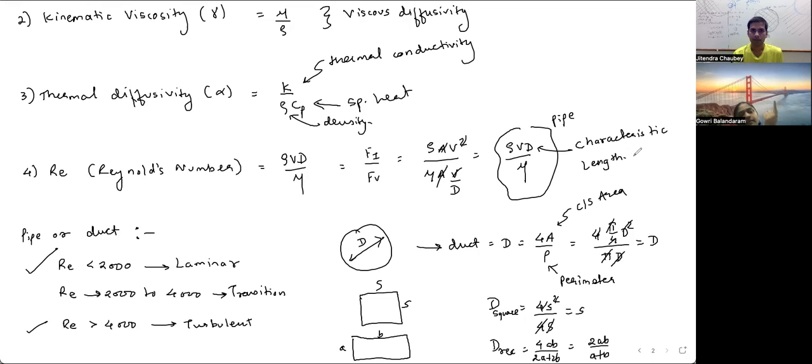So it's the length of the pipe? Yeah, it is not the pipe, it is the length of the surface over which the fluid is flowing. So surface area? Not the surface area. It is a span. If it is a surface from which the fluid has started flowing, then the span over which the fluid flows is the characteristic length. So this was for internal flow. Now, if we are talking about external flow,